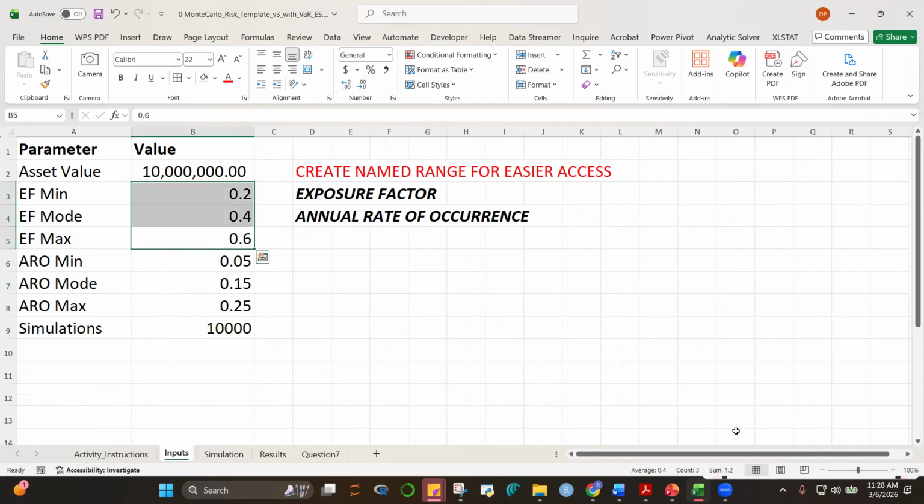For example, if a certain law is passed or a certain event happens, just like now the war in the Middle East. If you're in the oil industry, I'm sure your risk profile is now different from what it was 1 year ago. Okay, and then next, the annual rate of occurrence.